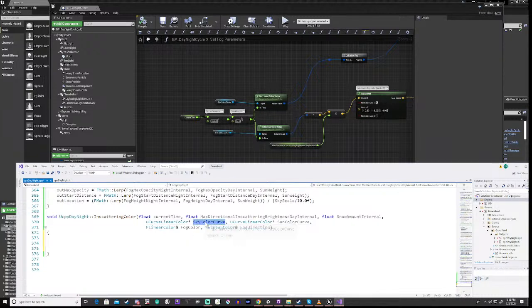Right, copy, paste that, and we're going to be saying fog color equals, right, and that, and I think we need to set this to a local variable, so we're going to say temp